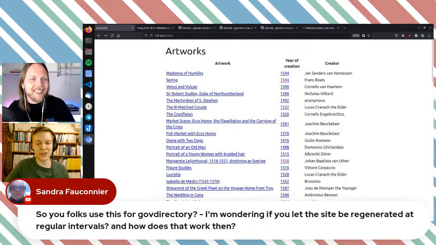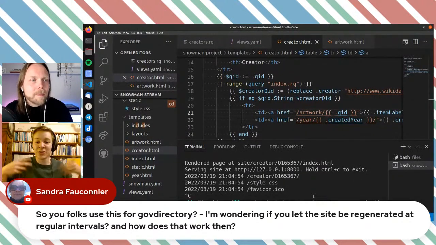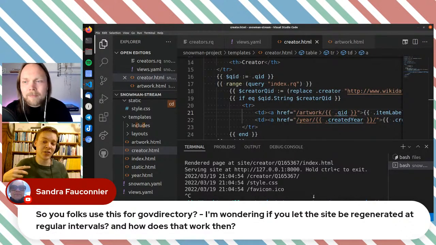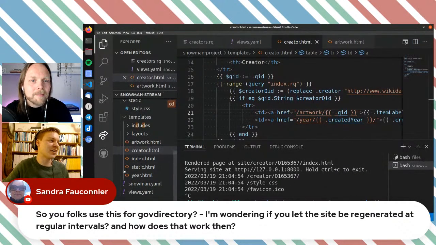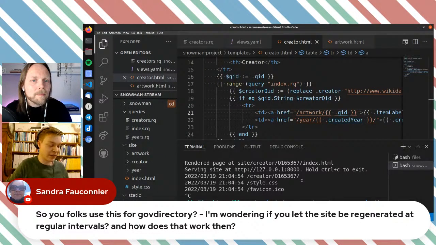Indeed. And we actually got a very related question from Sandra here, which I'm going to respond to. So I actually didn't show this, but I said that it doesn't rerun queries. But for example, when we want to rerun this on an interval, which we do for GovDirector, we do, however, run it not towards the main SPARQL endpoint when we do big builds and update everything, because it makes thousands of SPARQL requests. So I got a copy. But something one can do, or if you just want to update a part of it, is to use the snowman cache command. Snowman